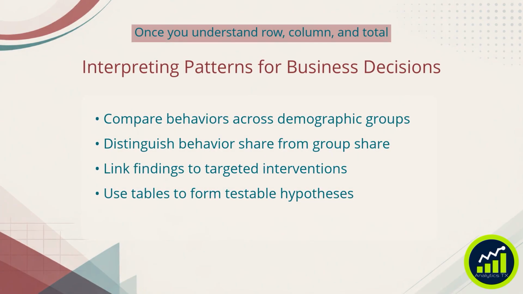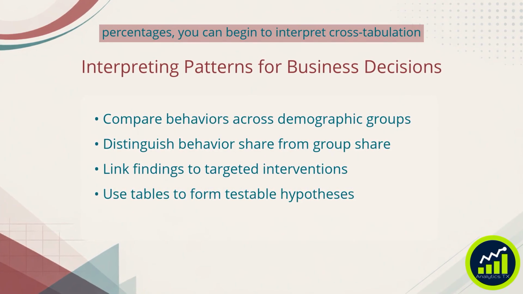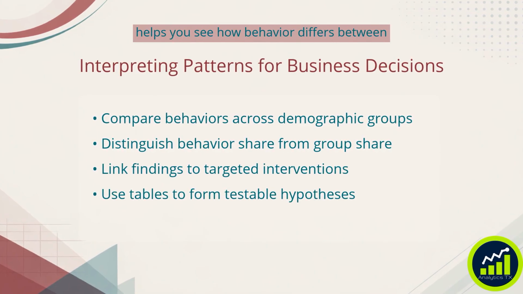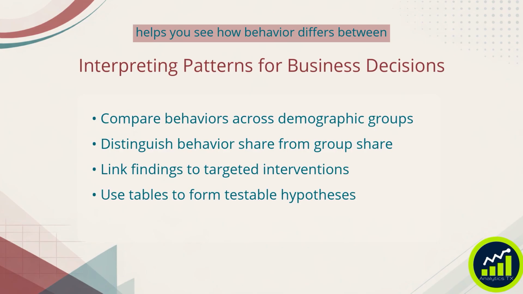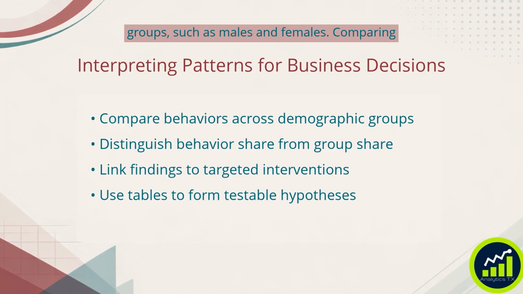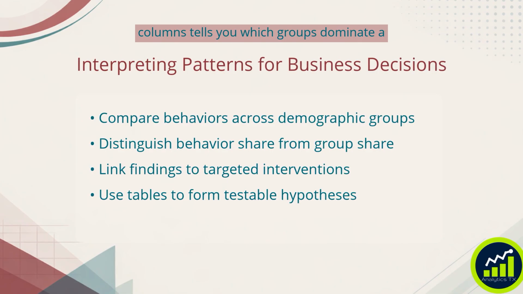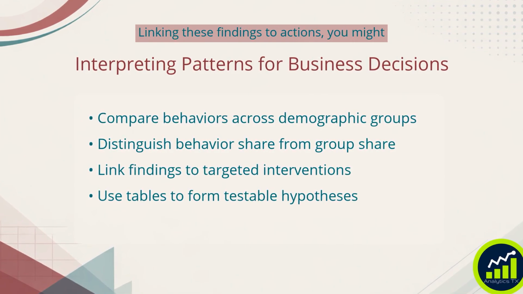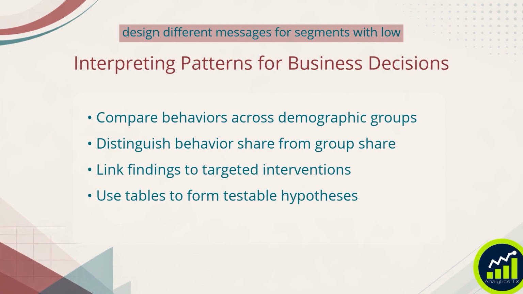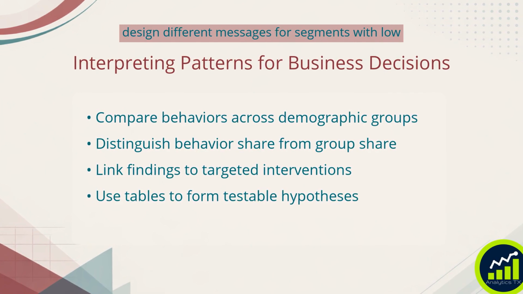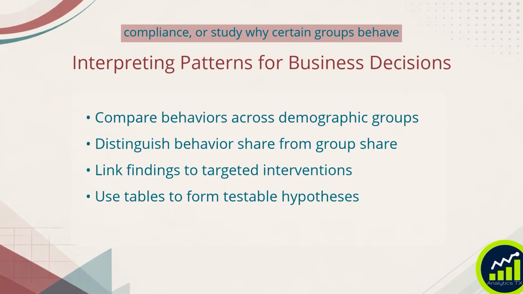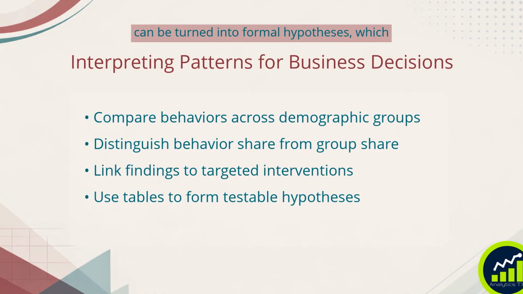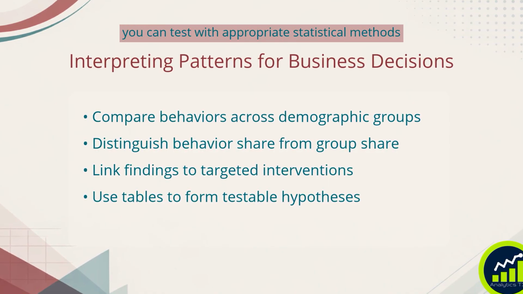Once you understand row, column, and total percentages, you can begin to interpret cross-tabulation patterns in a business context. Comparing rows helps you see how behavior differs between groups, such as males and females. Comparing columns tells you which groups dominate a particular behavior, such as always wearing seatbelts. Linking these findings to actions, you might design different messages for segments with low compliance, or study why certain groups behave more safely. Finally, the patterns you see can be turned into formal hypotheses, which you can test with appropriate